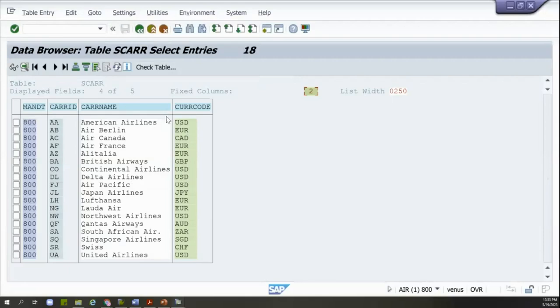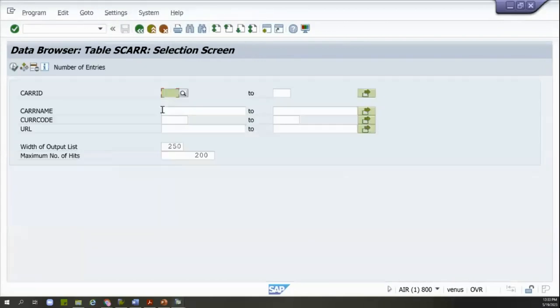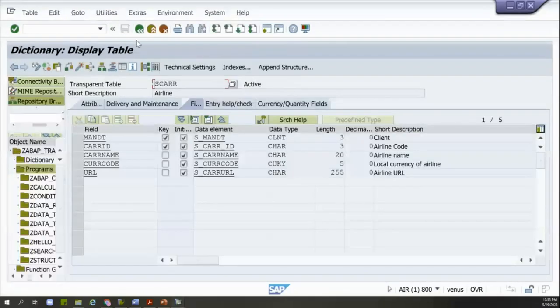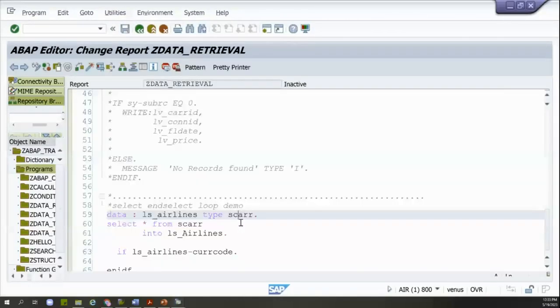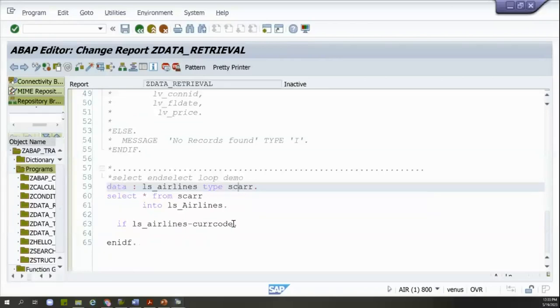Okay, we have like 3 or 4 records in this case. So I will give a condition here saying if it is equal to USD, right? So in that case,